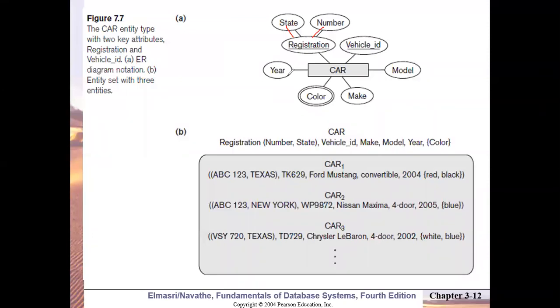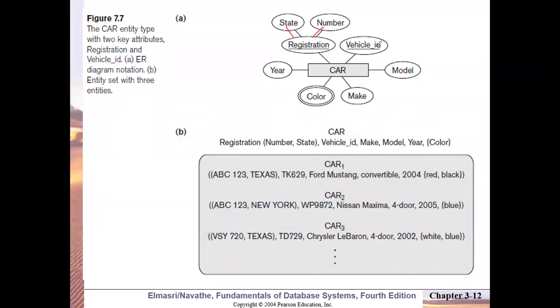So did you understand what a key attribute is? Key attributes are such attributes whose value is unique for every entity in the entity type. And these key attributes are always shown by underline. They are underlined inside the oval. Whenever their names are written, they are underlined.